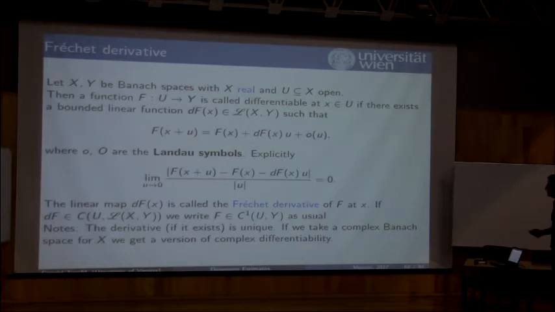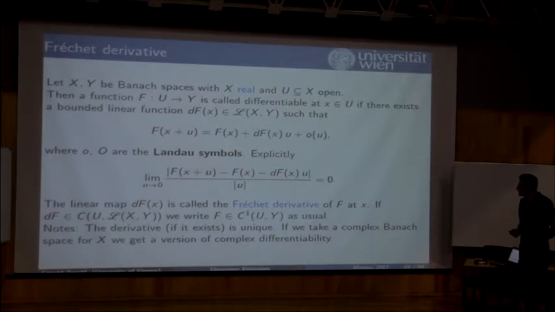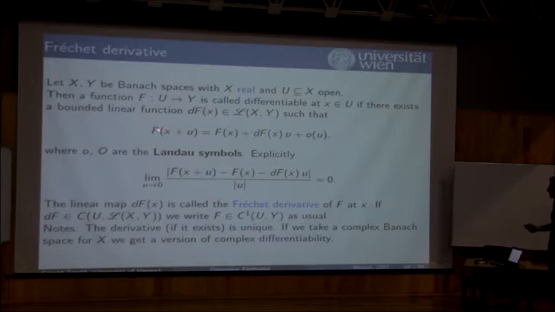Now, definition, just as what you would do in Rn, you say that the function is differentiable at the point if you can approximate it sufficiently well by a linear function. So we start at some point x, we go a little bit into the direction of u, and then we can write this as the point f of x where we have started, plus some linear transform applied to this direction, plus some lower order terms. So this little o here is just the usual Landau symbol. I presume you know this,